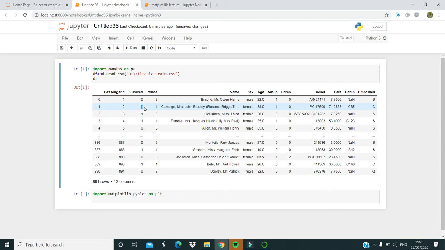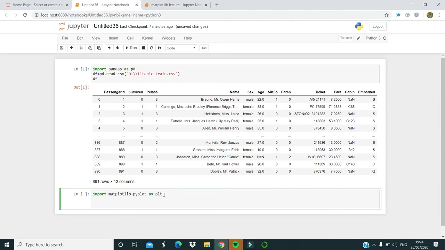But there are 891 records, so it is very difficult to find out how many people survived or how many people have died. So for that it is very important to visualize it by using plotting.